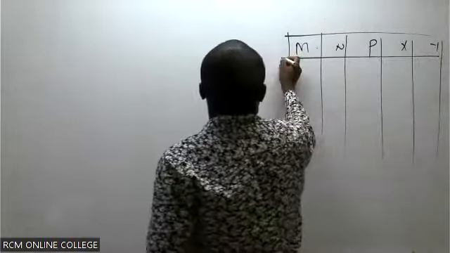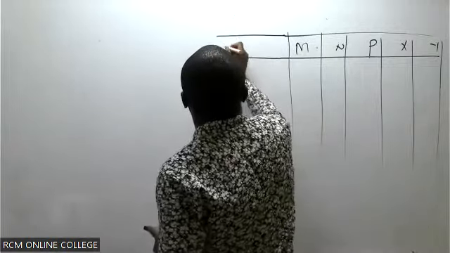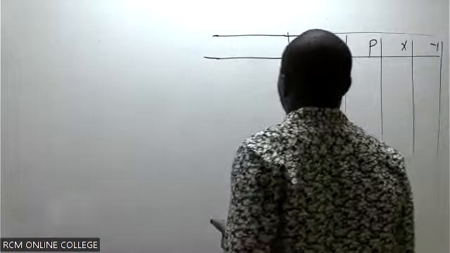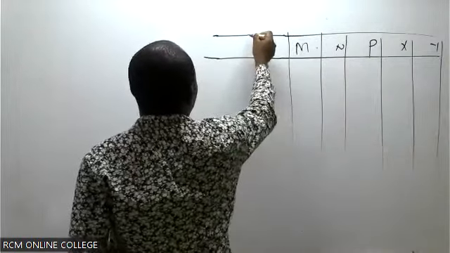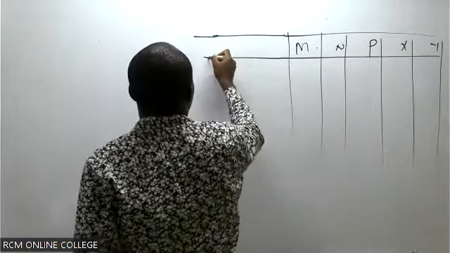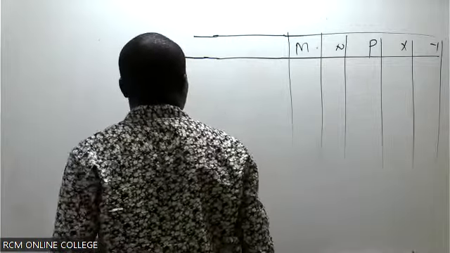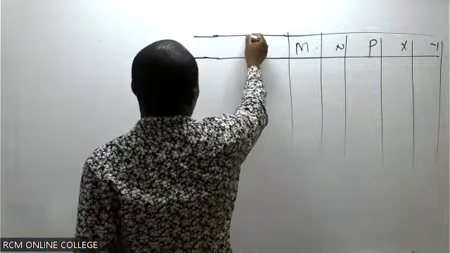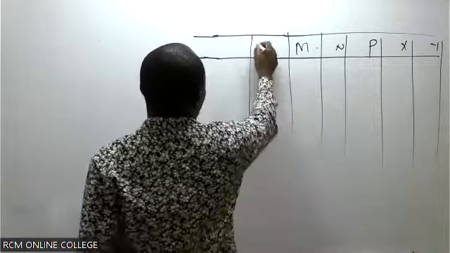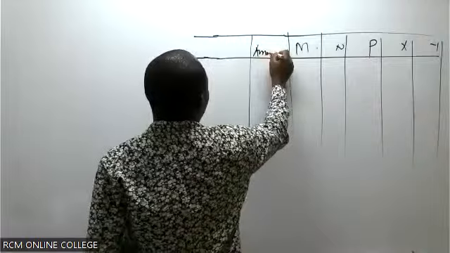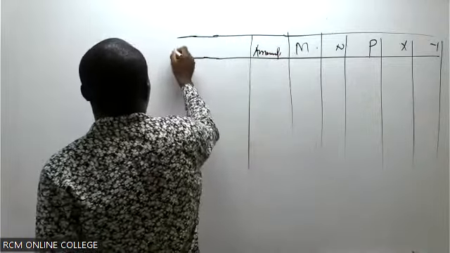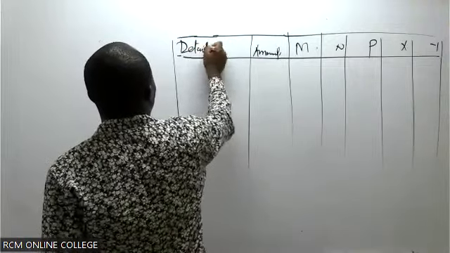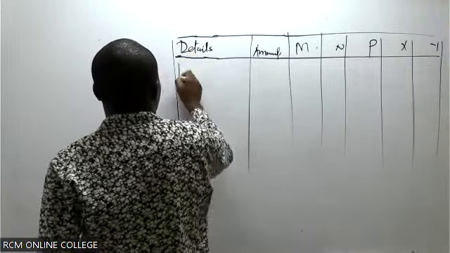So once we've been able to do that, just come and indicate to us what you are sharing out. So we have what was distributed under primary. Of course, you can have the amount somewhere there. So you have the amounts. Then you have details or particulars. You can have details. So we have primary